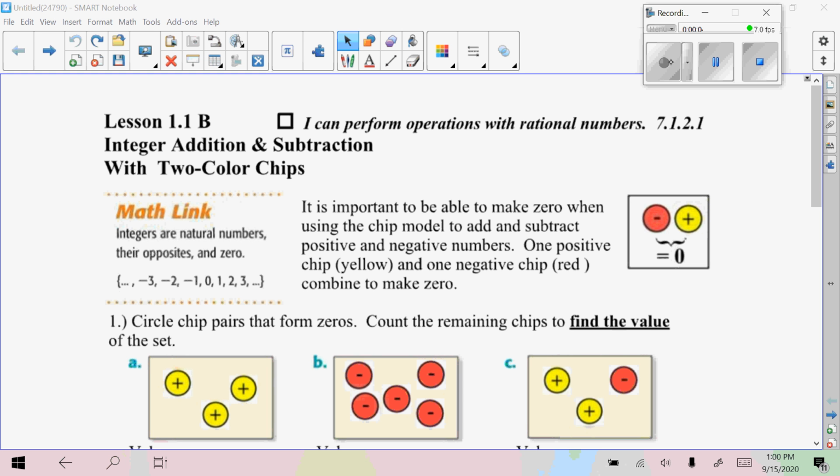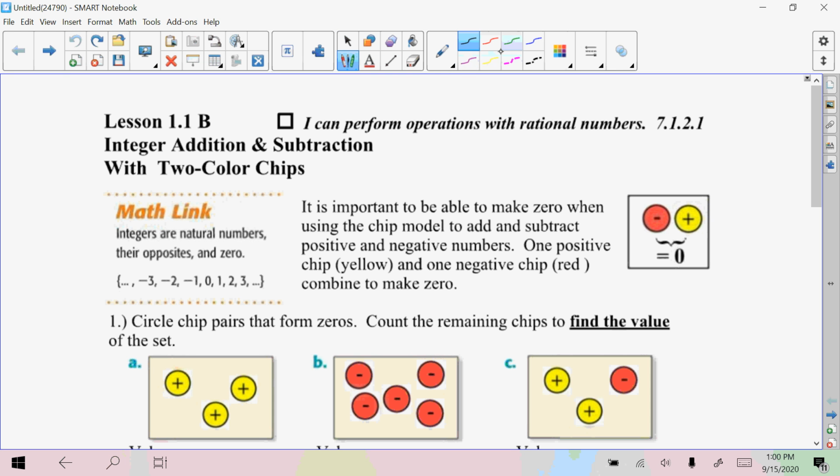It's Mr. Hermanson again. And today we're going to learn how to perform operations with rational numbers, which means we're going to learn how to add and subtract positive and negative numbers. And the word for whole positive and negative numbers is integers. All right, so we are going to